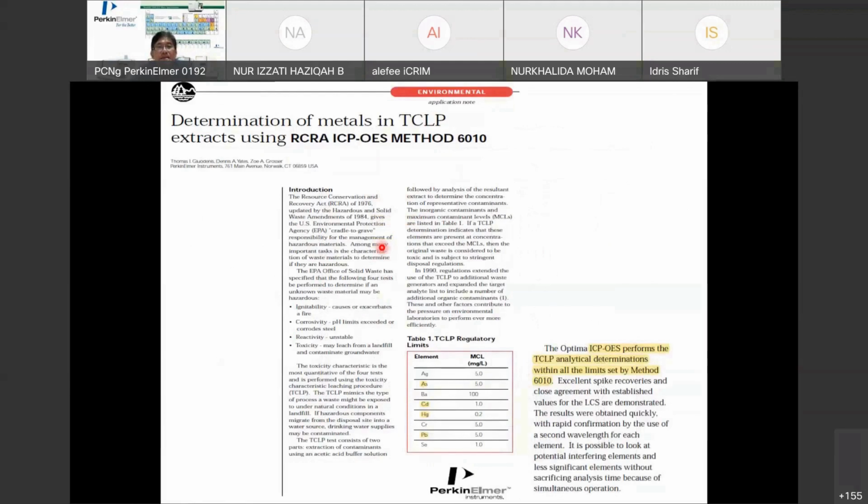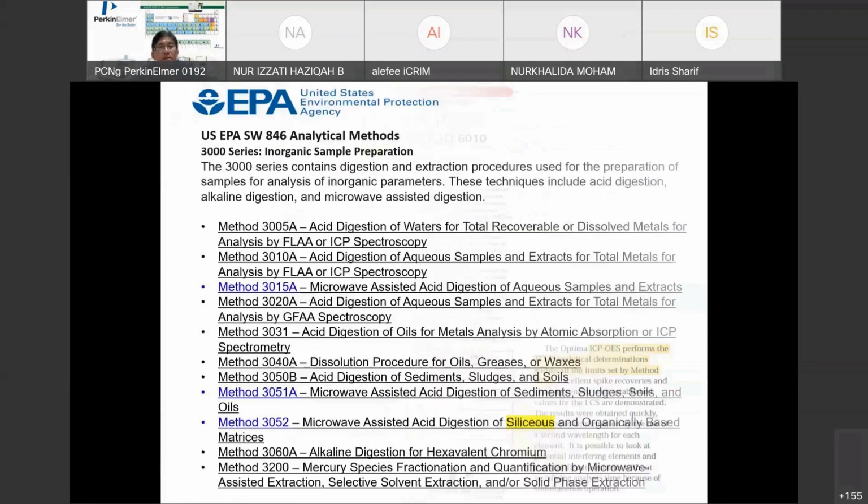After preparing the sample, run on ICP using EPA 6010. So this is the list of elements for the ICP-OES. For this US EPA, the methods for sample preparation are also listed. You can look into it, there are so many methods, many acid digestion methods for ICP-OES extraction. And if you want to do mercury, it is listed